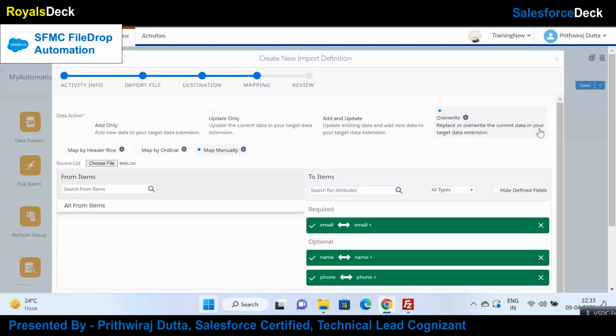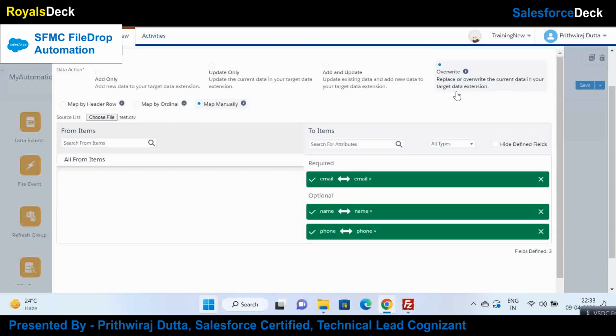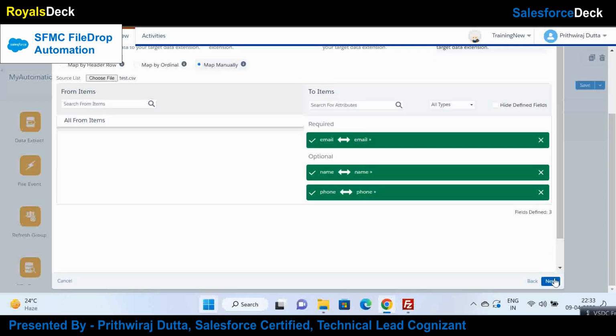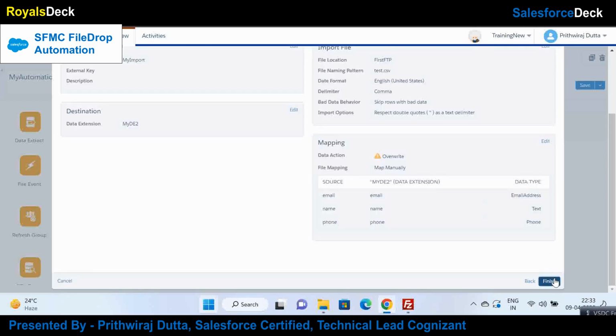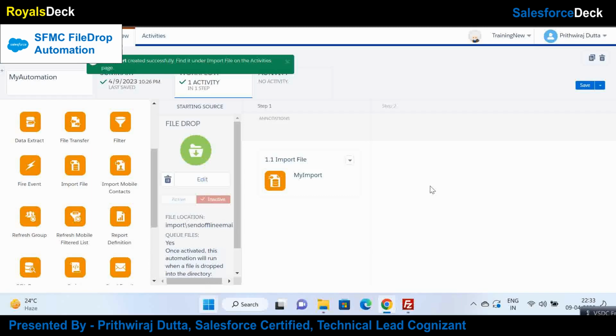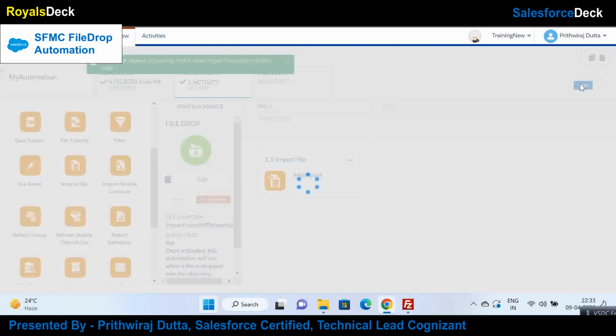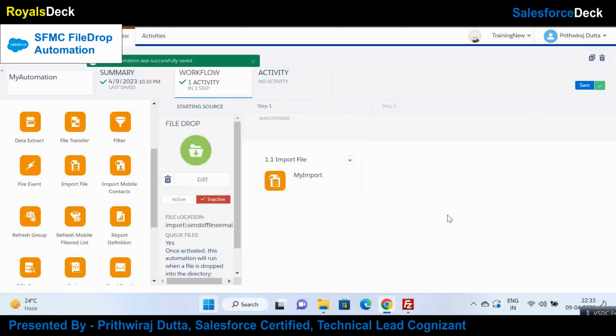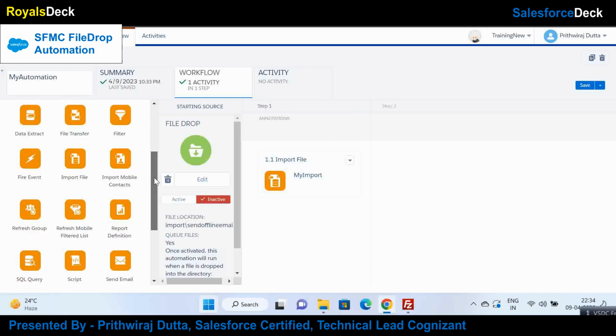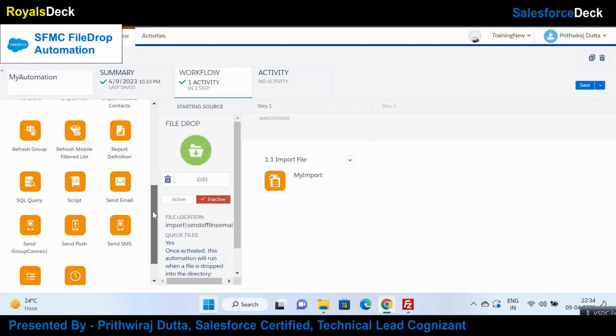So let's click on next. So it will add an update. Okay, you can also do overwrite. Let's do that for now. So overwrite, next, and finish. So we have our import activity created, right? So after this import happens, we want to send our email, right? So we will create a